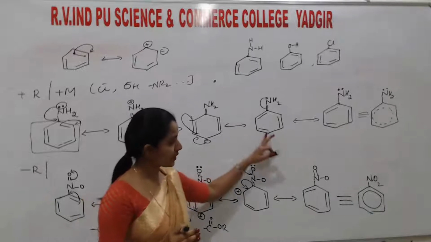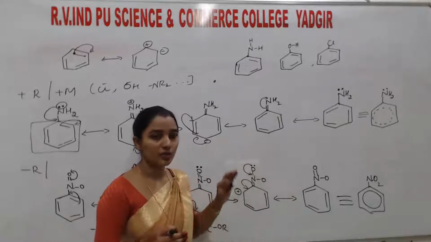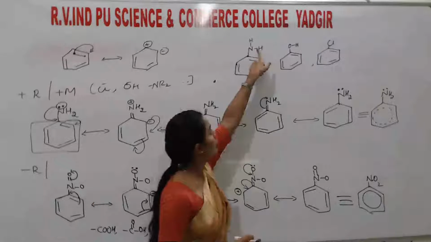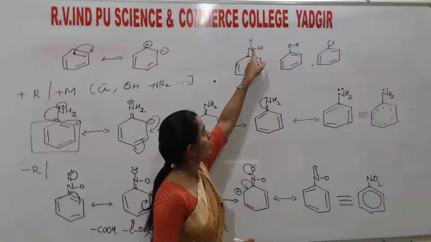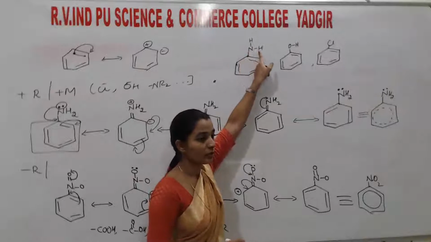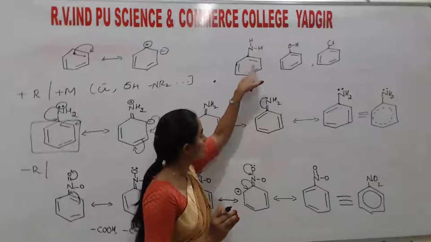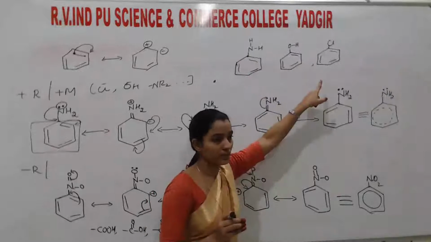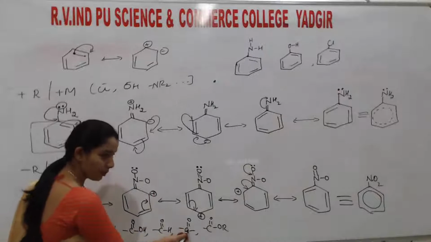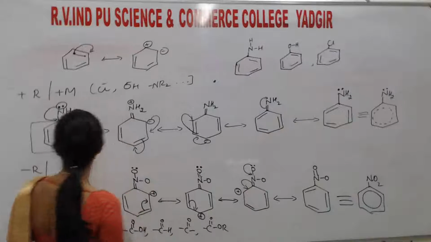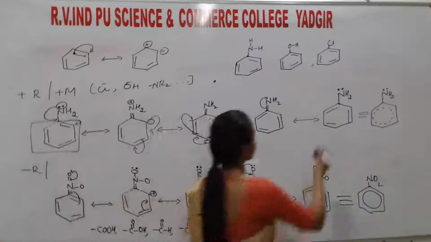So what is the resonance? Means the delocalization of pi electrons. Here there is no pi electron means, understand? The resonance cannot take place within this molecule. So resonance only takes place in the system. But here, in this case what happens? Here a double bond is there. So if you take the example here,